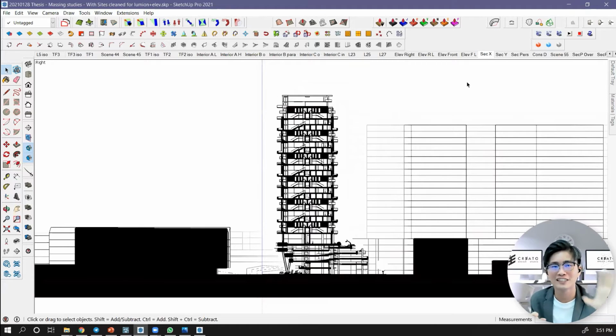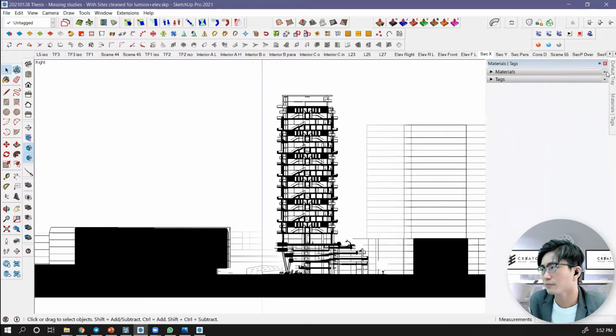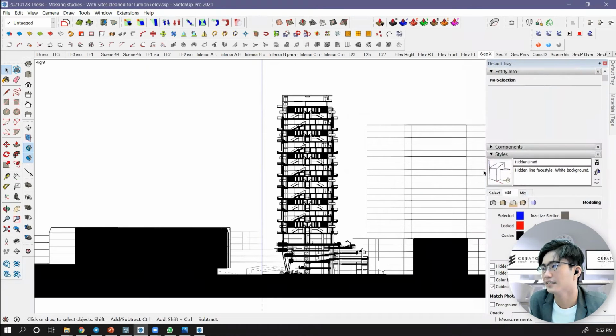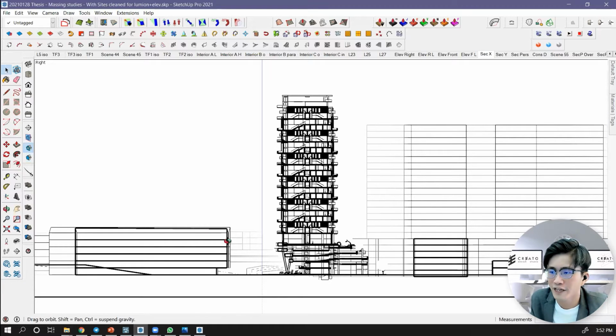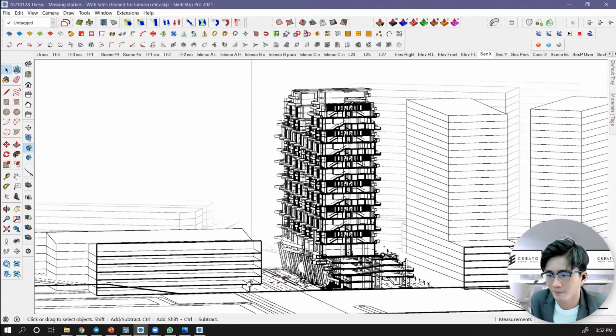So firstly you have to understand scenes and styles. This is the lesson we're going to teach in our modeling class for Sketchup. Just now we were setting the styles. Next step, cut. If you didn't enable cut fill, then it's empty inside.